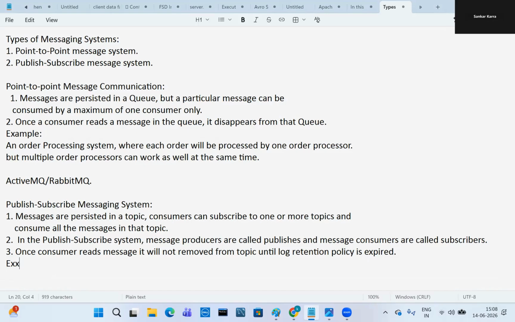For example, tell me an example. This TV will be there, right?